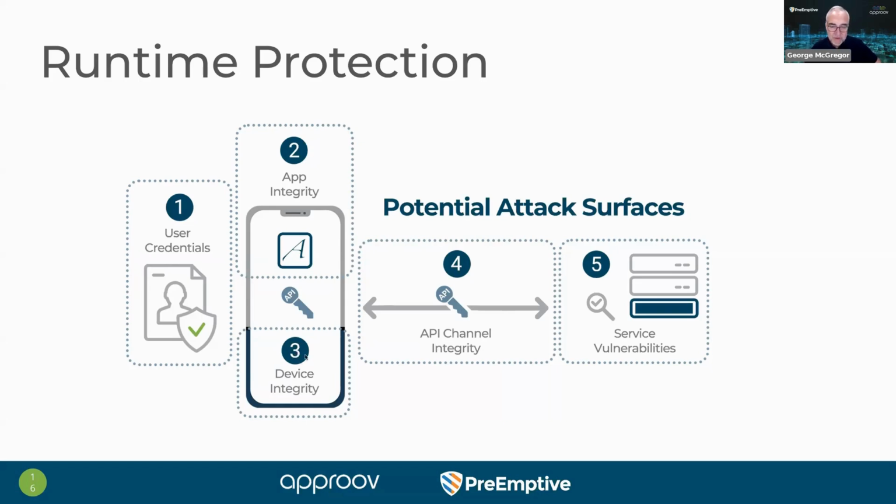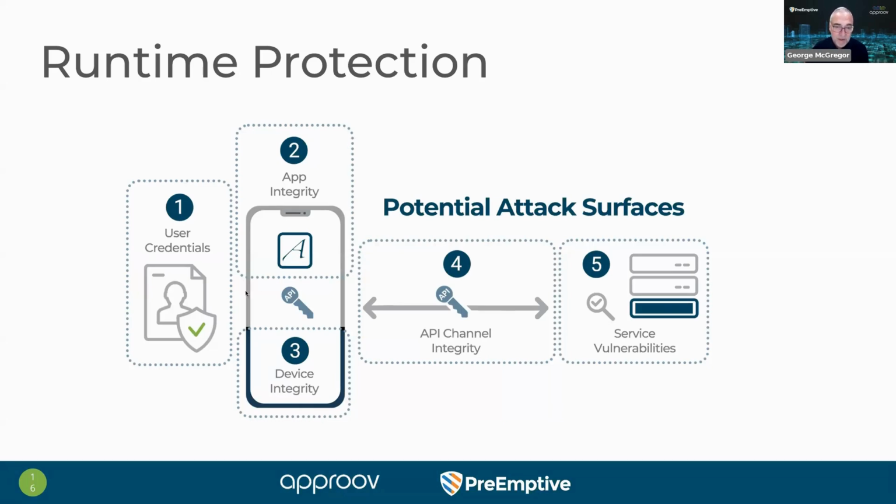And then the second piece here, and number three, is the device integrity. So obviously, rooted and jailbroken devices pose a risk to security because the security in-built mechanisms are then compromised. But there are automation frameworks, instrumentation frameworks that can be used to hook into key functions at runtime and can produce completely different app behavior. So, diverting ad revenue, interfering with the function, cheating at games, all of these things can be done with frameworks that are installed in the client device and interfere with the way that the app operates. So you really have to be able to get visibility to what's going on there and get some level of